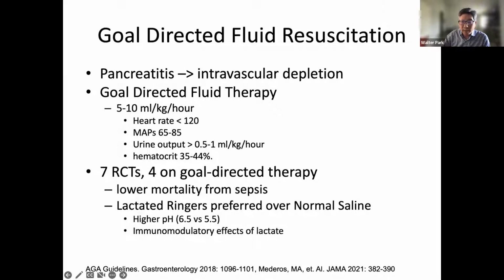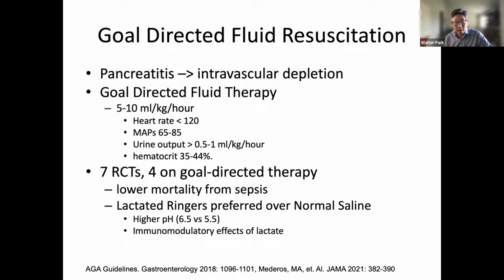So fluid resuscitation has been studied somewhat substantially, and the main rationale behind its efficacy is that in pancreatitis, you have significant intravascular depletion from the edema and third spacing, as well as vomiting and loss of intake, as well as ileus, that leads to a relative intravascular depletion that can contribute to multi-organ failure, as well as sepsis physiology. And so over time we've increasingly recognized the role of fluids as part of therapy. And perhaps we went from one phase of recognizing that we weren't giving patients enough fluids to perhaps being aggressive and over-resuscitating patients and causing some comorbidities, particularly pulmonary edema, as well as in patients who had congestive heart failure, as well as chronic renal insufficiency, to now an idea of goal-directed fluid therapy,